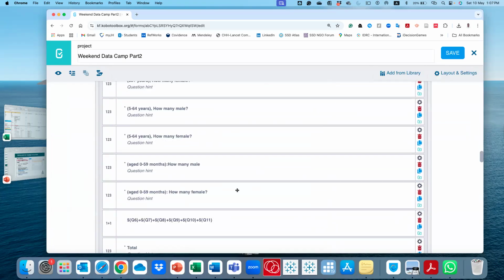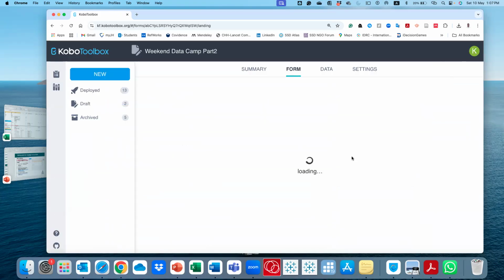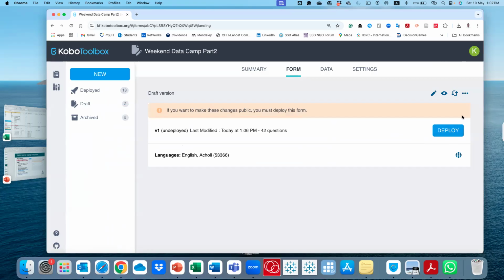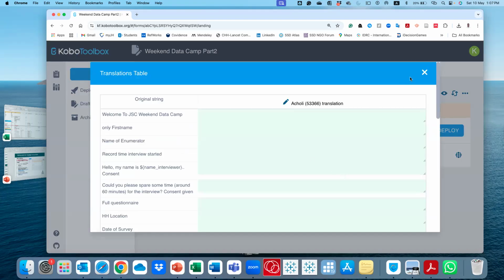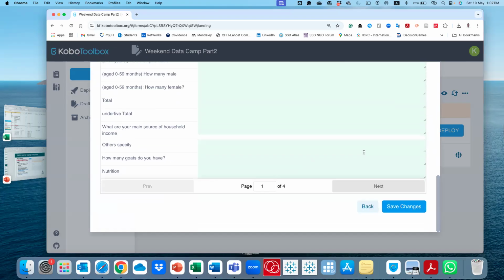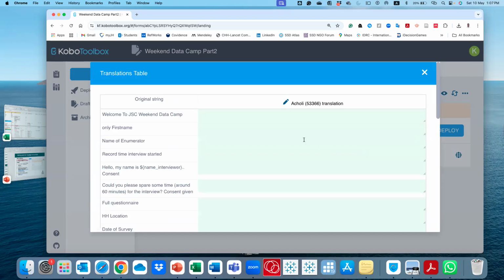So I think then here what you need to do is, so here is usually where you paste your translation.